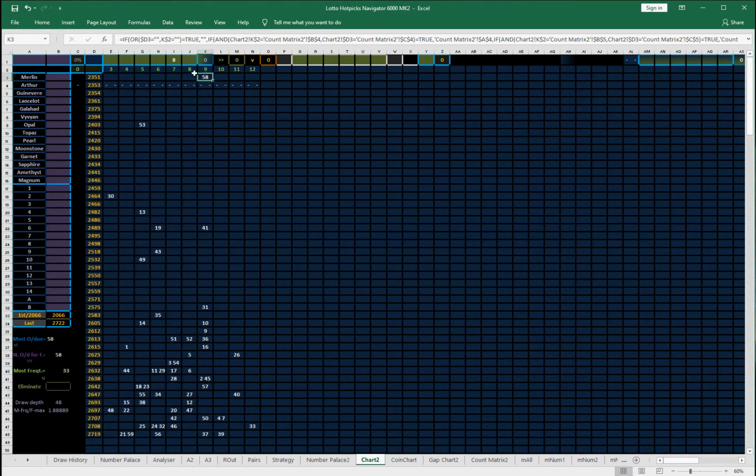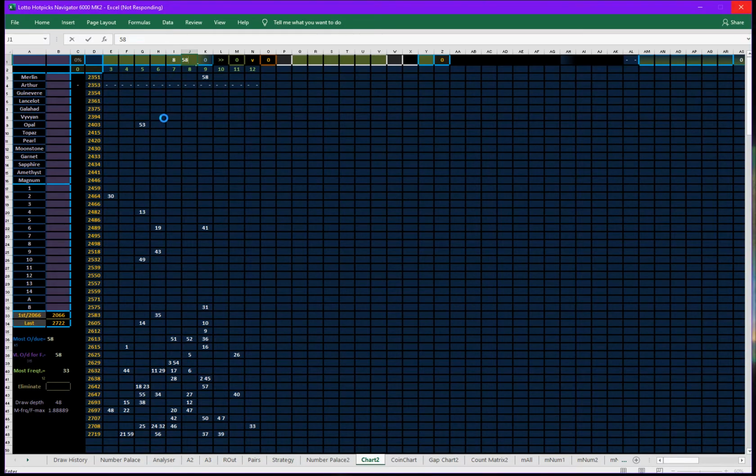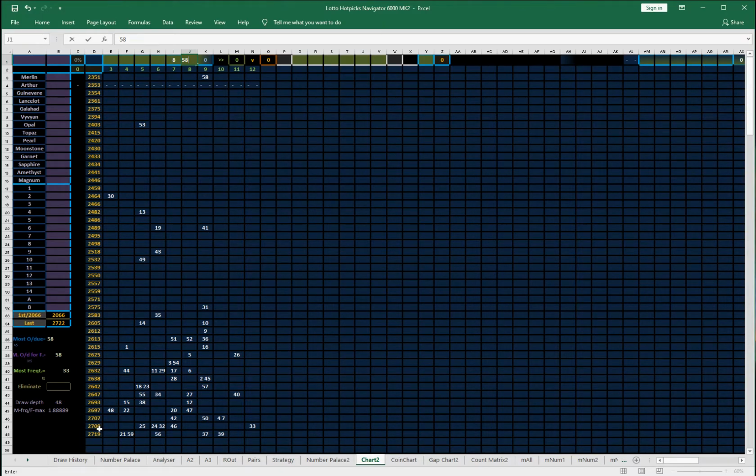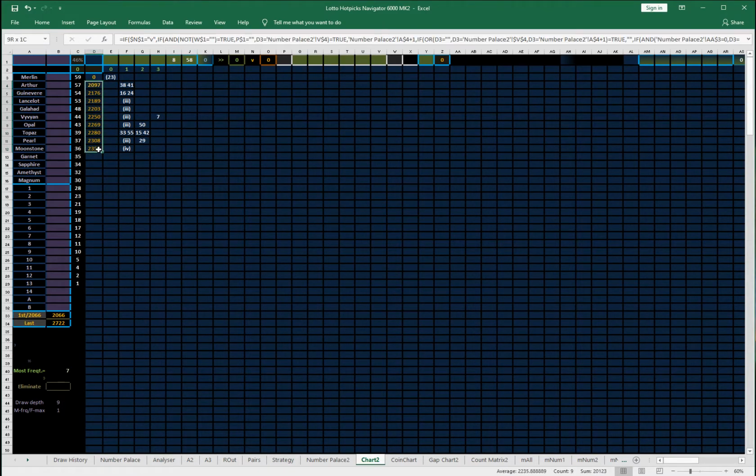So these two numbers, if I look at a chart for all the numbers based on just the draws where these two numbers have occurred together in a combination, then what we'll find is that there's been, how many draws? There's been 9 draws where this pair's come out together,